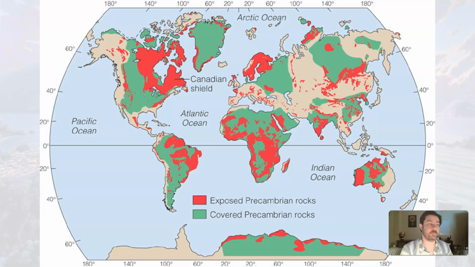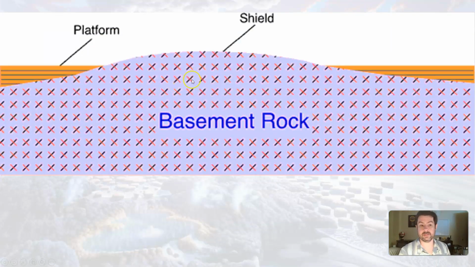If it's exposed, that's called a shield, for instance, the Canadian shield. But then that material extends out and is covered, and that's, well, not the shield. That's called the platform. But those old rocks, those basement rocks, the oldest rocks that make up the shield are below the buried sediment, right? Through weathering and erosion, stuff gets put on top, right? So the exposed oldest rock is the shield, and then as far as it extends out, it's called the platform,